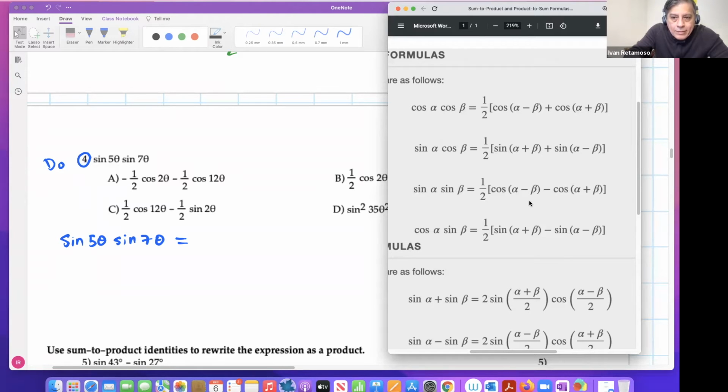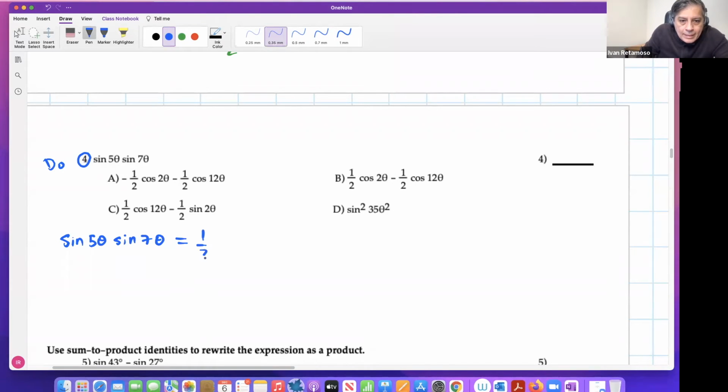1/2 of cosine of the difference first minus cosine of the sum, okay? Yeah, we're going to use the third. So this will be equal to 1/2 of cosine of the difference first. Cosine, remember this guy is alpha, this guy is beta, right? Alpha minus beta first. So 5 theta minus 7 theta, right? Minus cosine of the sum, alpha plus beta, but alpha is 5 theta, beta is 7 theta. That's it, right? Very good, very good. There we go. So then 1/2 of